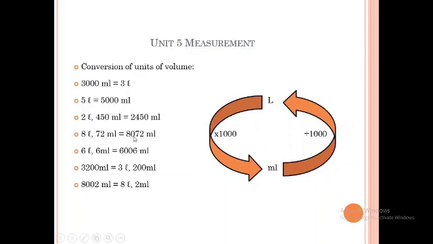So there is no place for 100. At 100 you will write 0 here, and this is 72 milliliters, so 8072 milliliters. Here 6 liters and 6 milliliters. 6 liters, that is the place, it will take 6000. So only 6 milliliters. This 6 you will write at the place of ones, no tens and no 100.